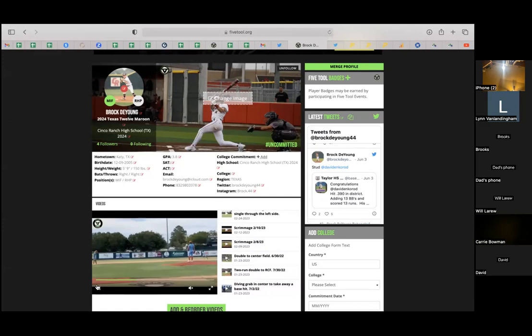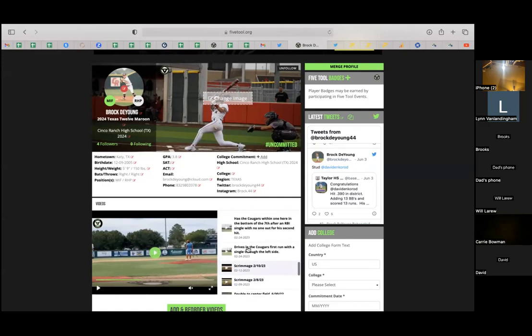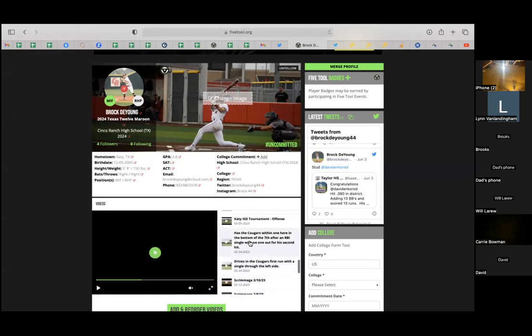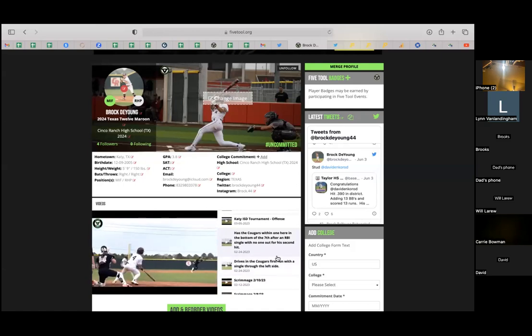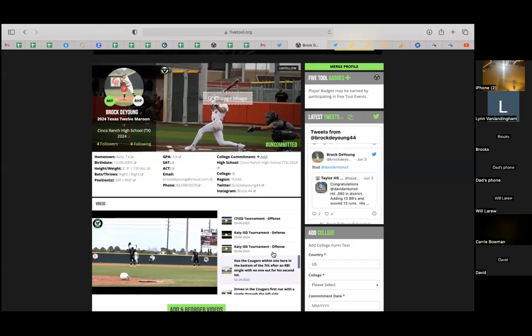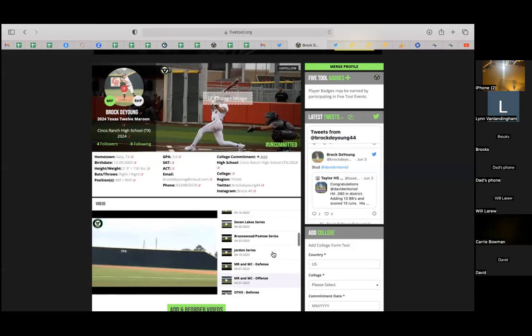But what they did is exactly what we hope this will look like for players. They took video during the high school season, and at the games that we weren't at, this is a game that we were at, and he had an awesome hit. I think we had an awesome diving play on here as well.